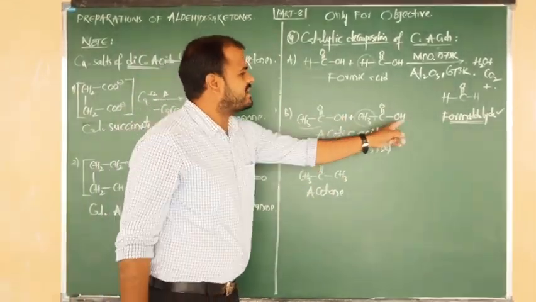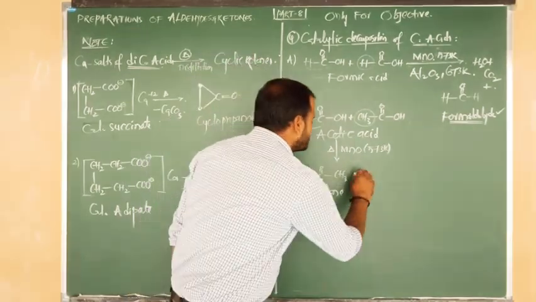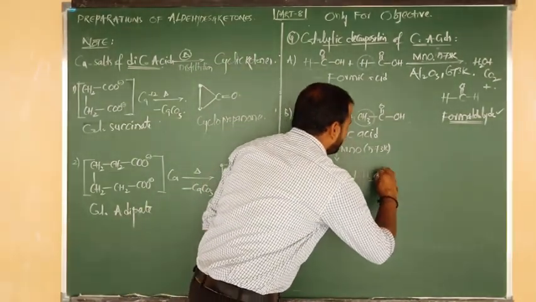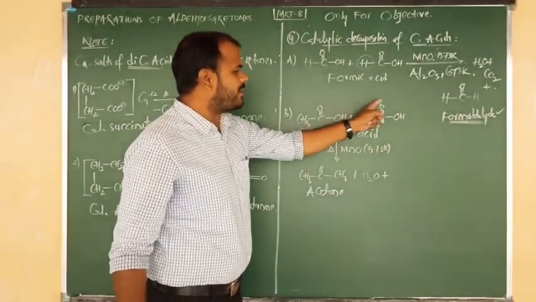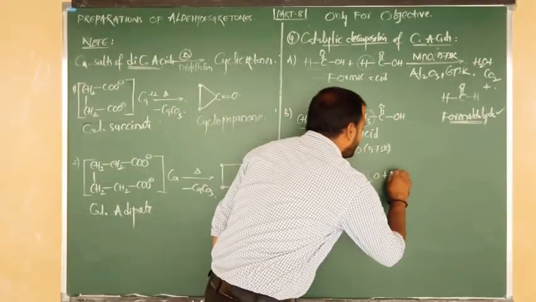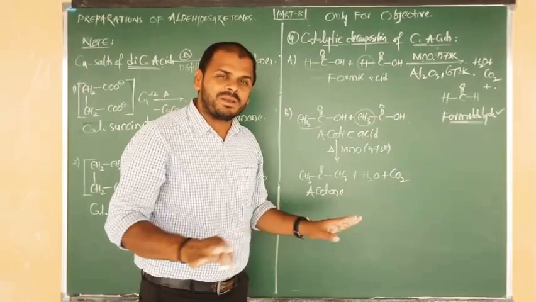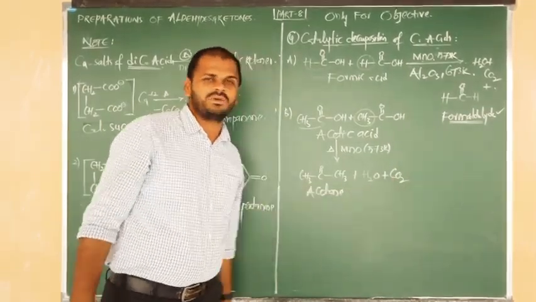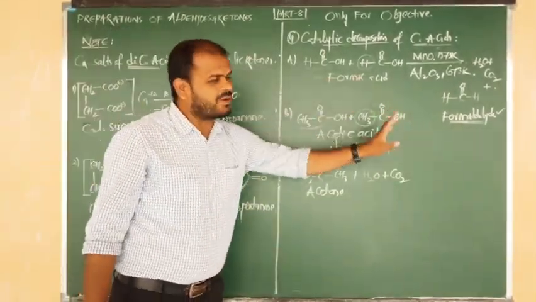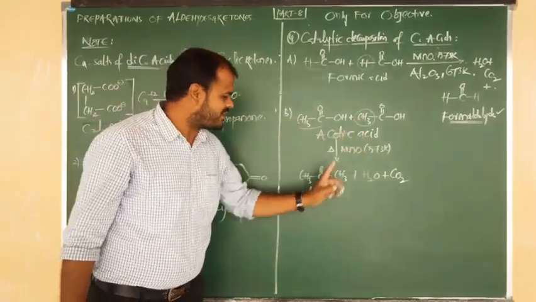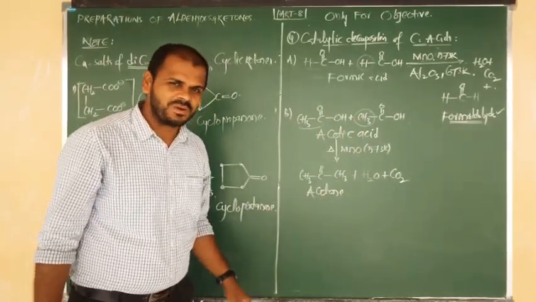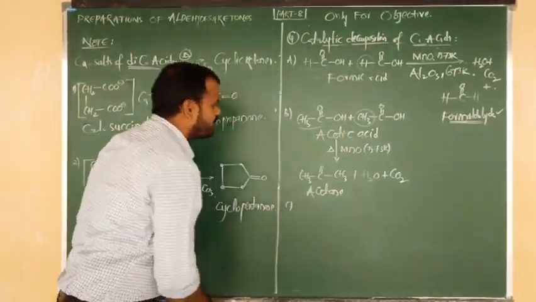Again the remaining thing is the same. OH minus combines with H plus and is eliminated in the form of H2O. The remaining COO is again eliminated in the form of CO2. So in this category, the common byproducts are water and CO2. So formic acid gives formaldehyde and 2 moles of acetic acid gives acetone. Okay now, another example.